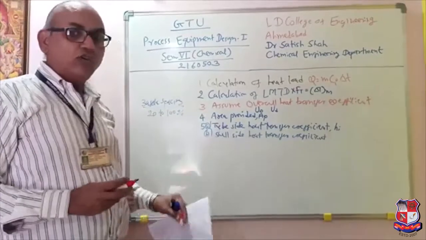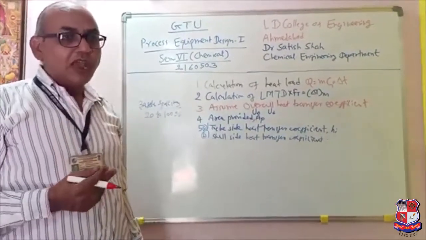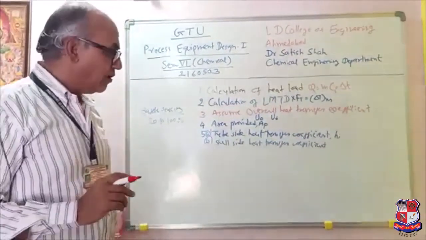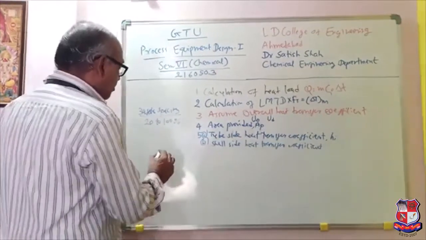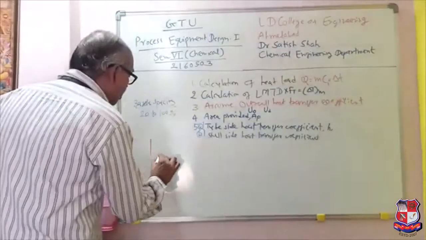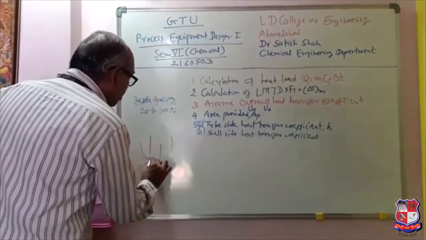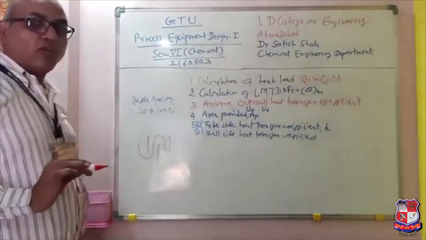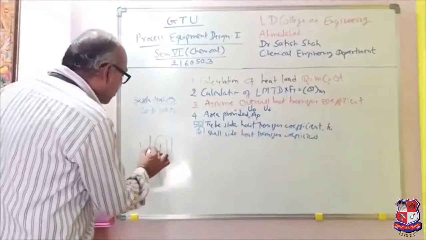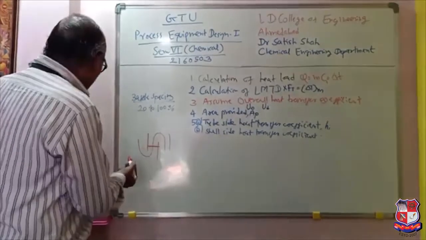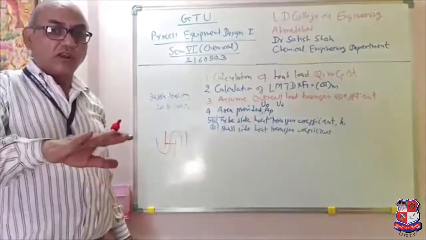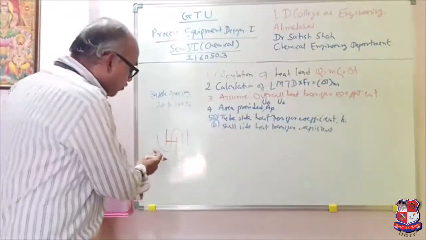Then, as I told you, suppose we are using triangular pitch, I will take tube pitch equal to 1.25 times tube OD. So I will get the value of PT. Now, let us understand the flow phenomena on the shell side. These are my baffles. Flow is flowing like this. We are talking about the main flow only. When it passes here, what is the area it will cover? That is important for us. Normally we consider the area at the center covered by this flow.